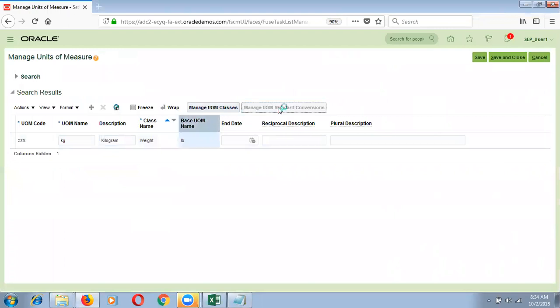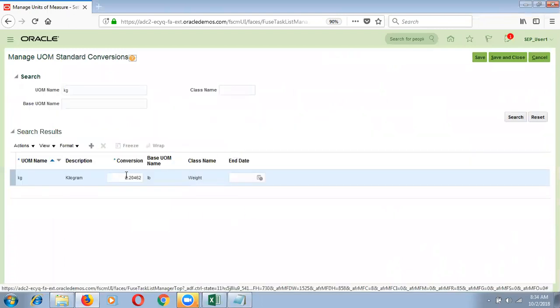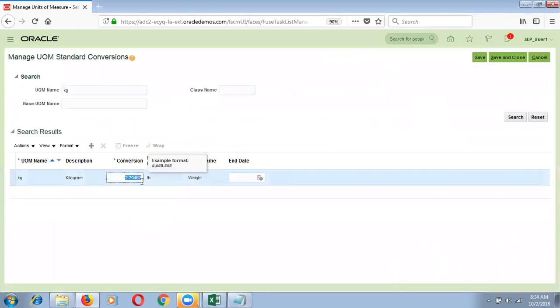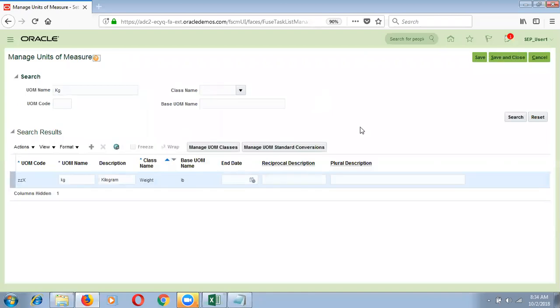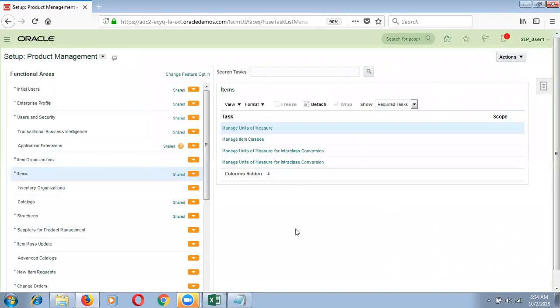If you go to Manage UOM Standard Conversions, 2.20462 kg is equal to 1 LB. Like that, they defined kg. That means the base unit of measure is LB. That is the reason that when I try to define an interclass conversion, it comes as